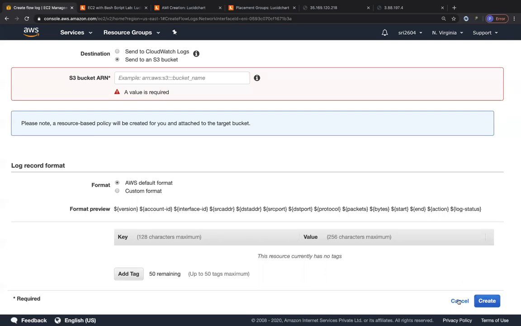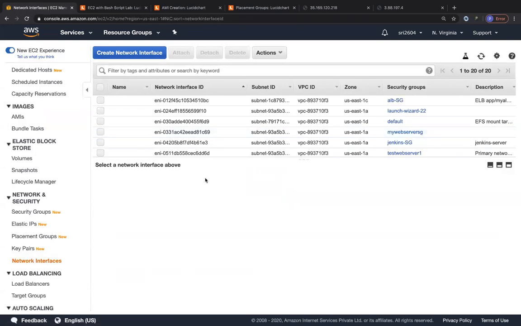But just for you to note regarding network interfaces, there are two points I would like you to remember. The network interface is something that presents you with a public IP and a private IP. You can associate an elastic IP to a network interface or directly to that EC2 instance, which means it goes to that network interface internally. The network interface is where your security group is associated. And always remember that the network interface you create in one availability zone is associated with an EC2 instance in the same availability zone. Don't create a network interface in some other availability zone and then try to associate it with an EC2 instance in a different availability zone. It will never work, right?